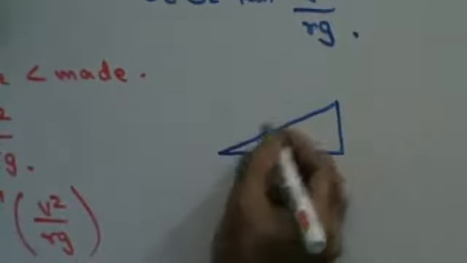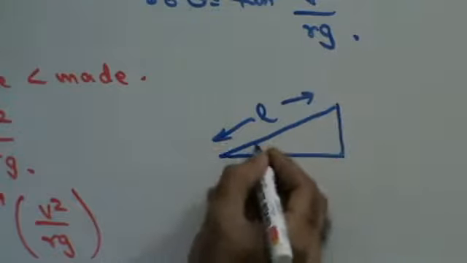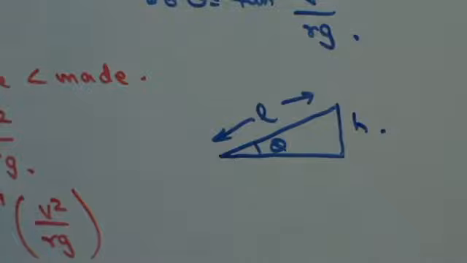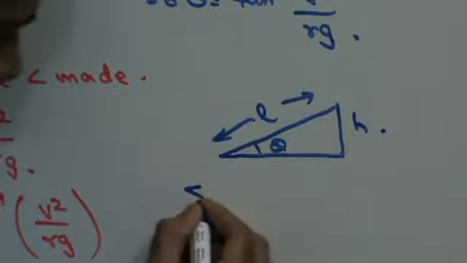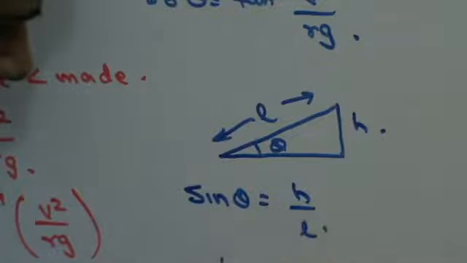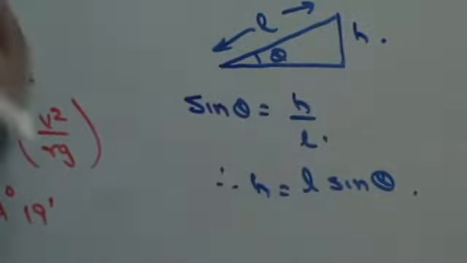They have given you that the distance between the tracks is 1.8 meters. This is your angle of banking. Let us assume that it is elevated to a height h, in which case I can say that sin theta is h upon L. Therefore h will be equal to L sin theta. Theta I already found out from there. L is given to me as 1.8, so I will come to know the extent to which the rail is